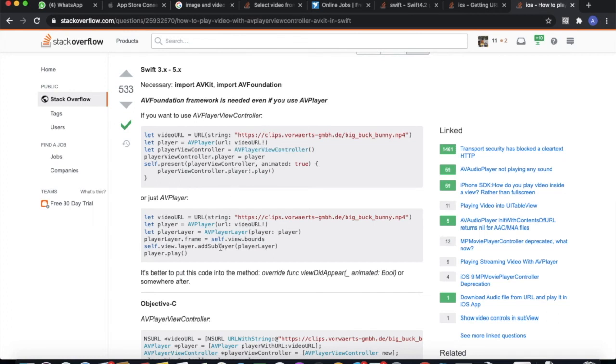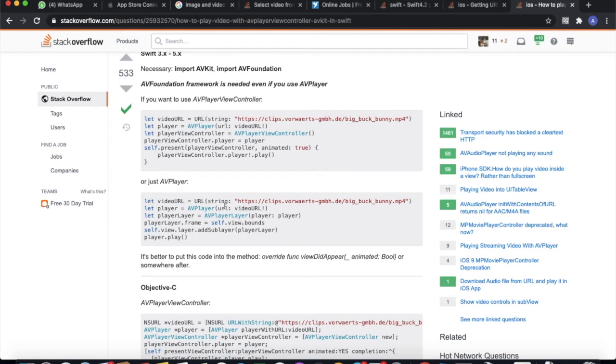Along with that, you can add a player on your view as a player. So you can see in the first one you have video URL, you have only player. In this you can open an AV player view controller and open that data on that.